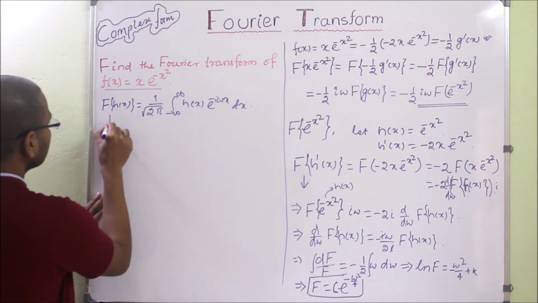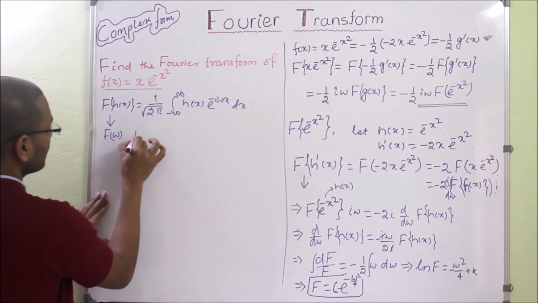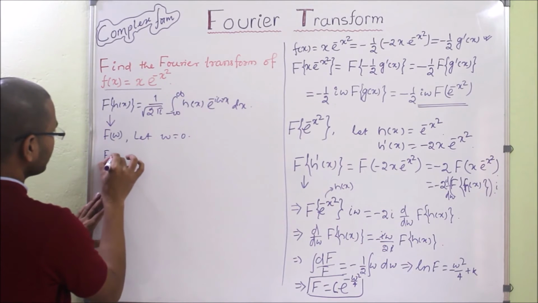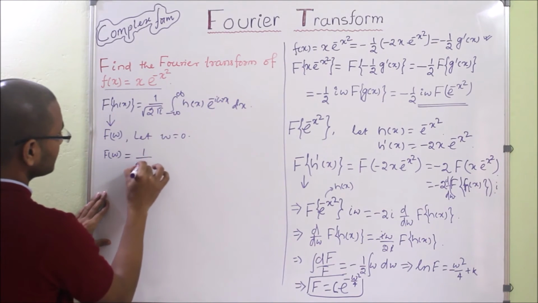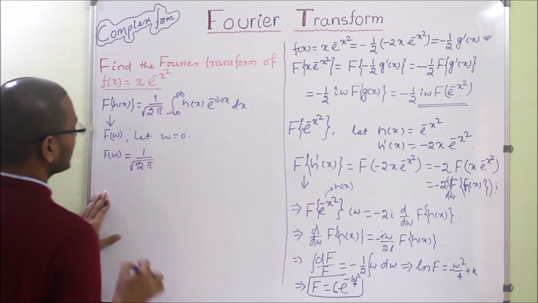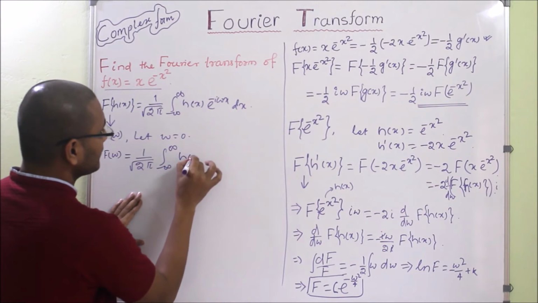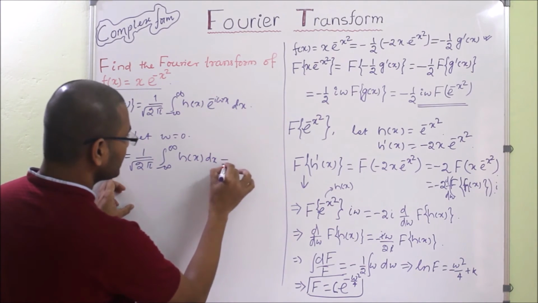So this is nothing but a function of w. So let w equal to 0. Then what is f of w? F of w will be this, 1 by square root of 2 pi integral from minus infinity to infinity h of x dx,